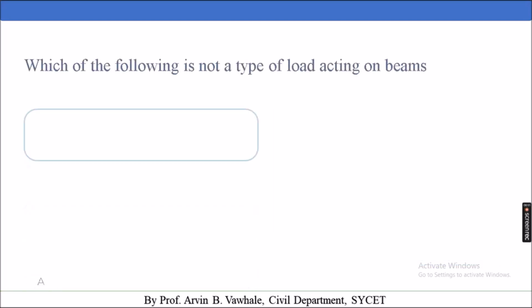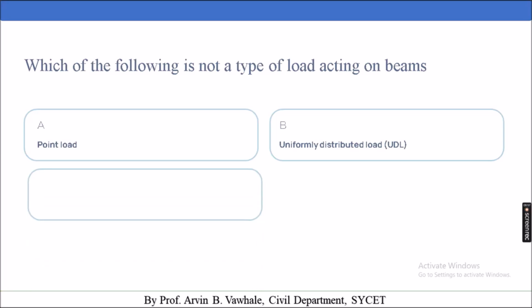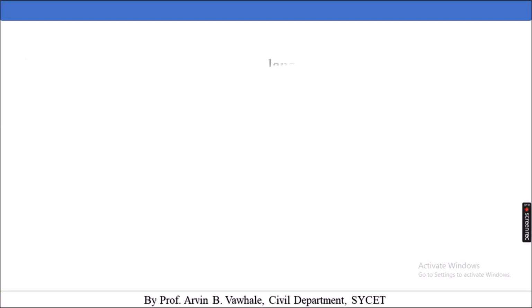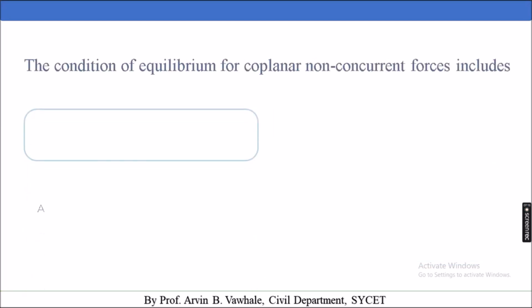Which of the following is not a type of load acting on beams? Option A, point load; option B, uniformly distributed load, UDL; option C, uniformly varying load, UVL; option D, circular load. Answer: D, circular load. The condition of equilibrium for coplanar non-concurrent forces includes: option A, sum of horizontal components must